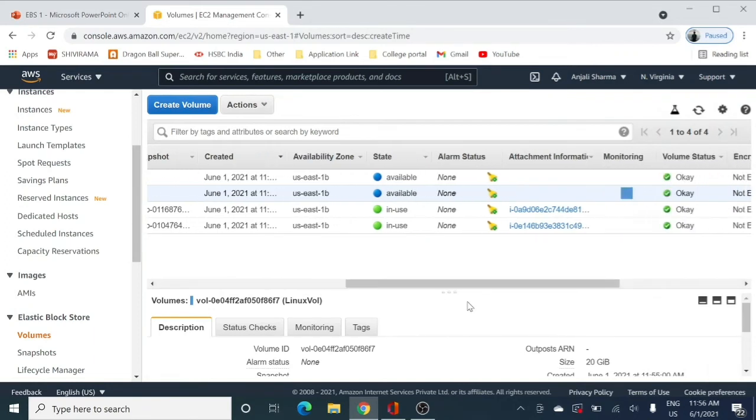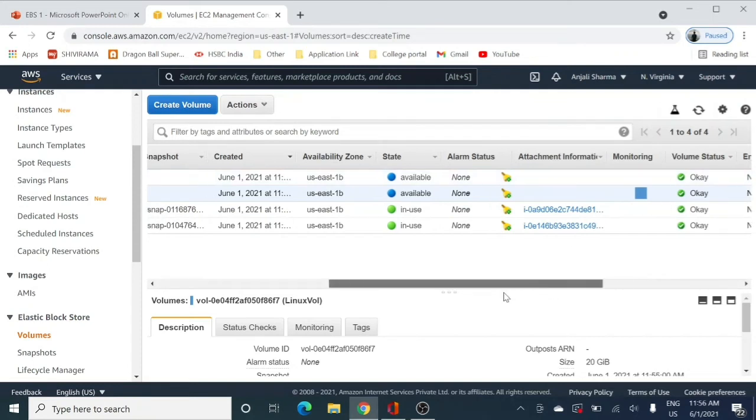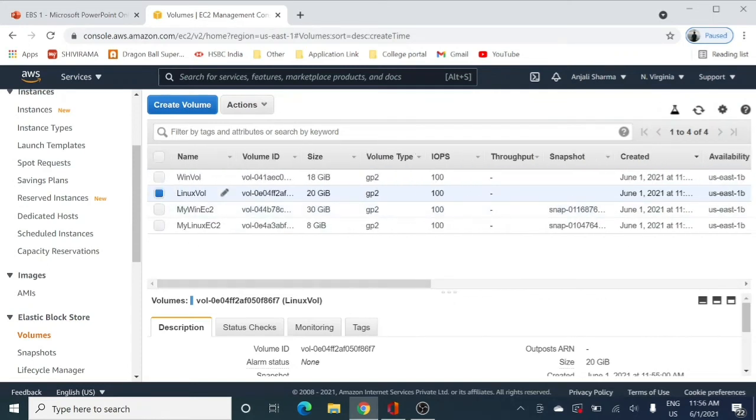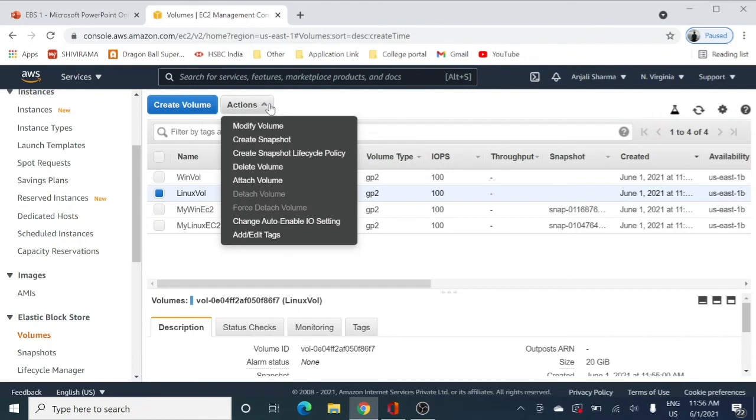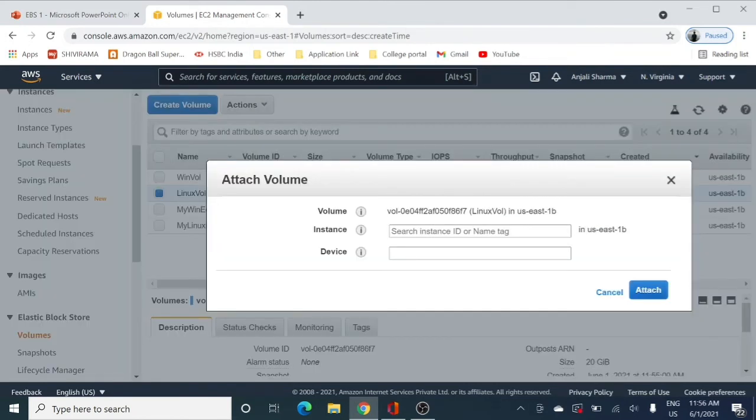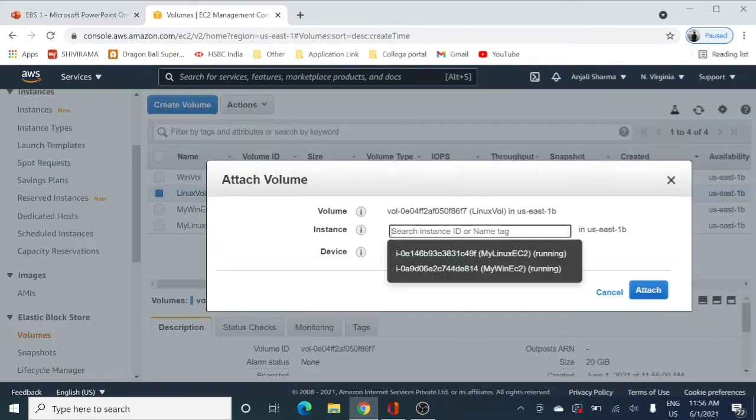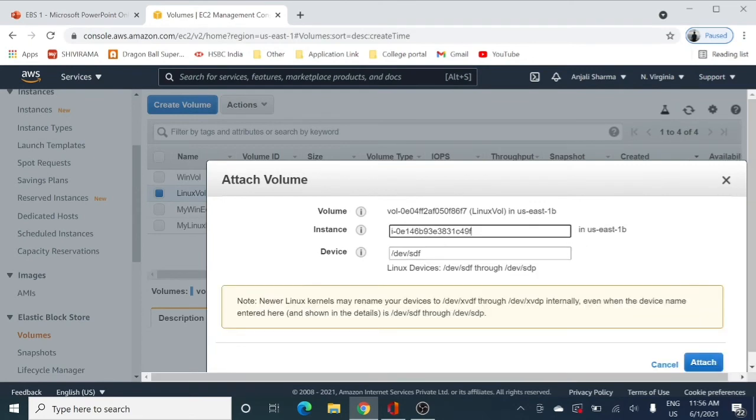Here you can see the volumes which are attached to EC2 instances, but here there is no attachment information, right? So I click on the Linux volume, go to action and click on attach volume. Here you can search your EC2 instances. This is my Linux EC2 instance, right? So Linux volume for Linux EC2 instance, and simply click on attach.